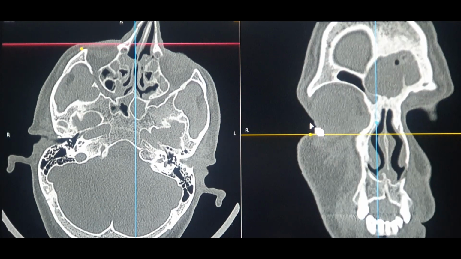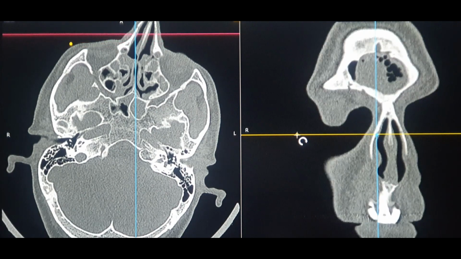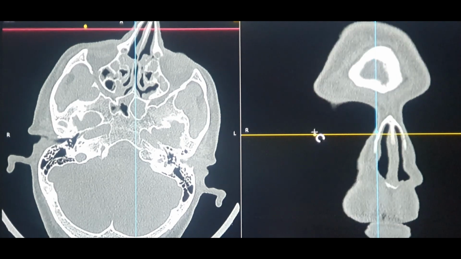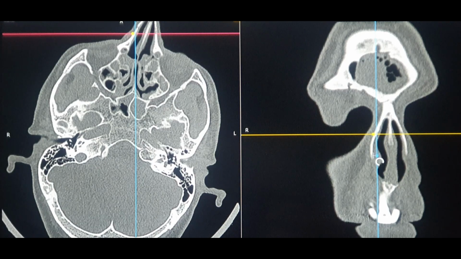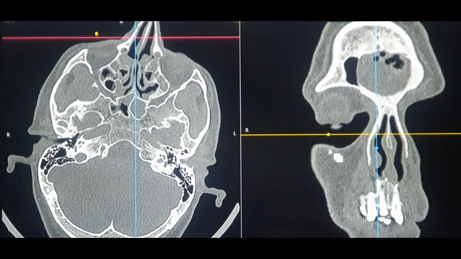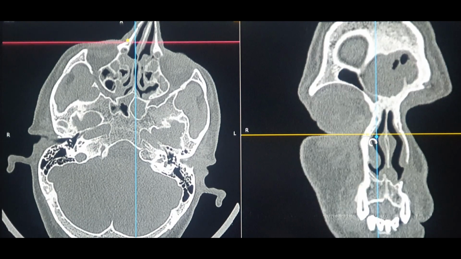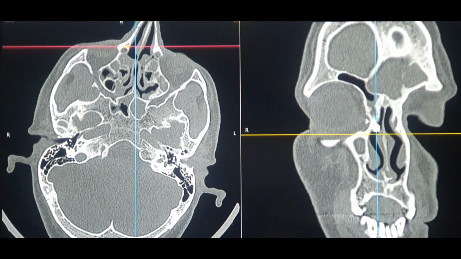But the simple trick to find the nasolacrimal duct on the coronal section is the frontonasal process of the maxilla, which becomes more and more prominent as you keep on going behind. So initially, I'll tell you this one more time. As you can see over here, this is a nasal bone. You keep on going behind, it keeps on getting lengthier, and that's the beginning of the frontonasal process of the maxilla. And if you keep following that, you can start seeing a depression over here,